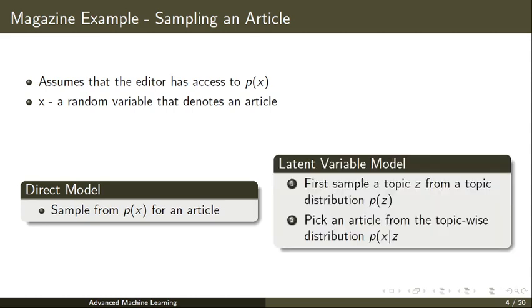Now let's say you use a latent variable model. The latent variable model assumes that there are some topics also. So each of your sub editors is going to give articles for a particular topic. Let's say you have topics like sports, technology, and health, with three sub-editors. The first person has submitted some 10 articles about sports, the second person has 5 articles from technology, and 2 articles about health.